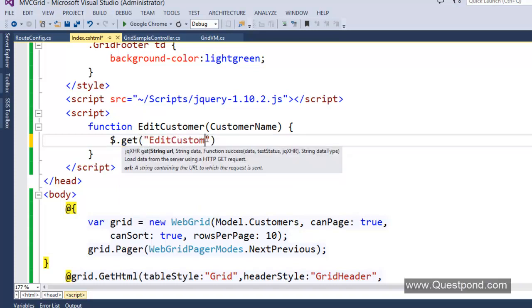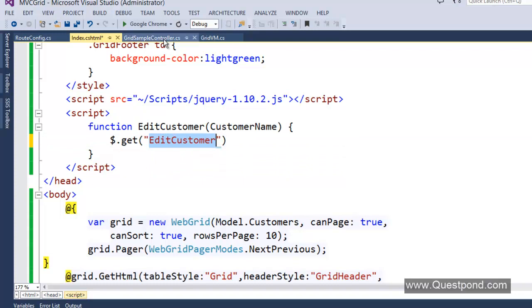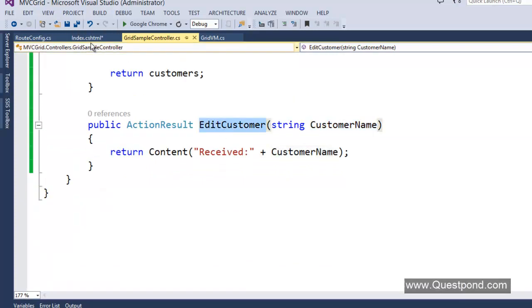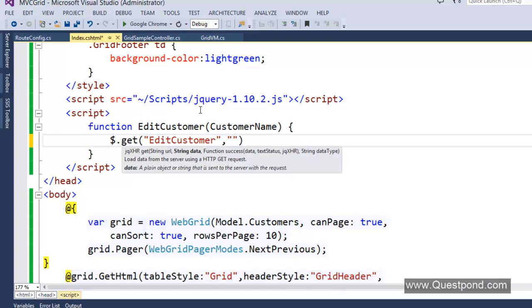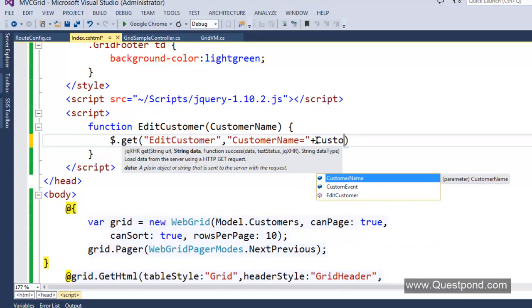Please note, this edit customer is nothing but the action name, comma, we want to pass customer name as argument. So customer name is equal to plus customer name, which is this one,